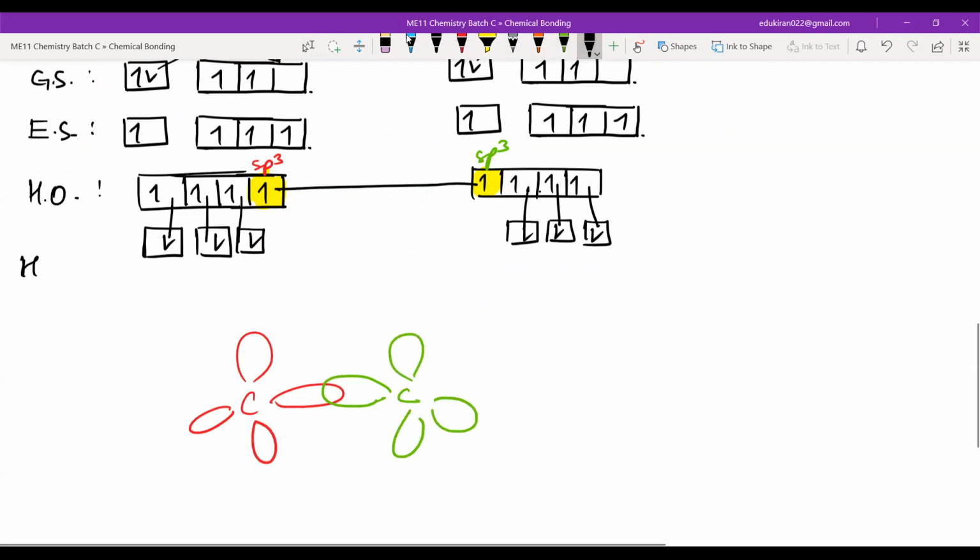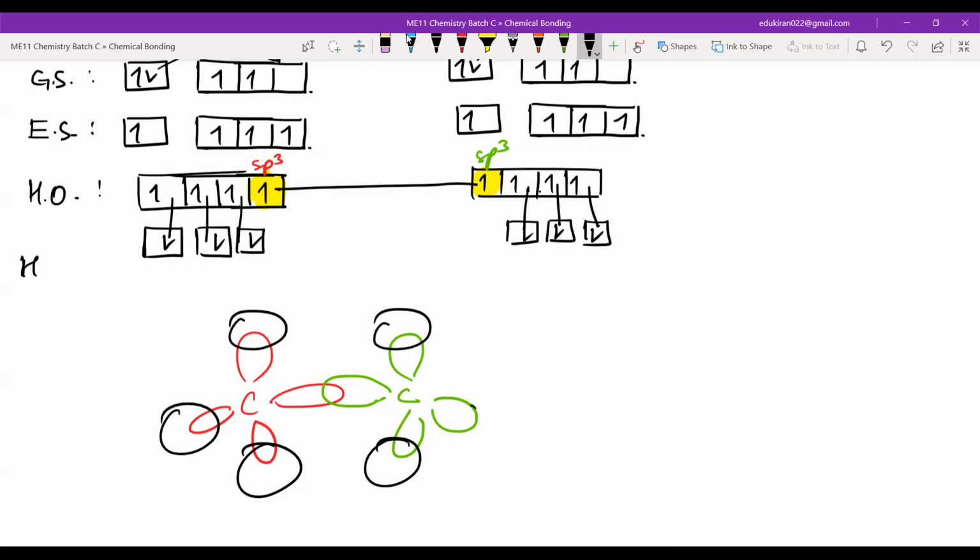Now, if you want a good picture, please look at NCERT. What are these circles, the black circles? Hydrogen. Exactly correct. These are having electrons like this. These are the bonding which is taking place.